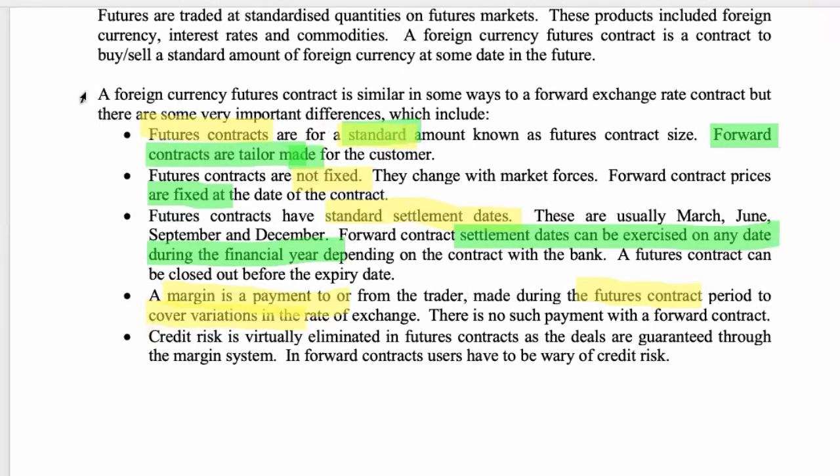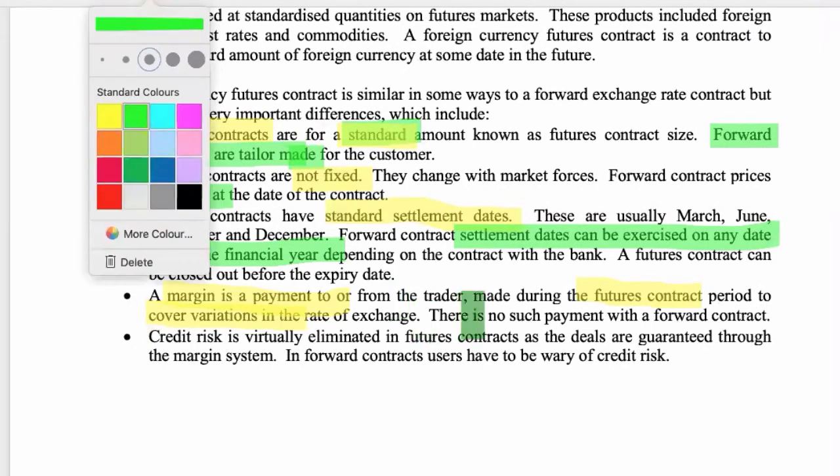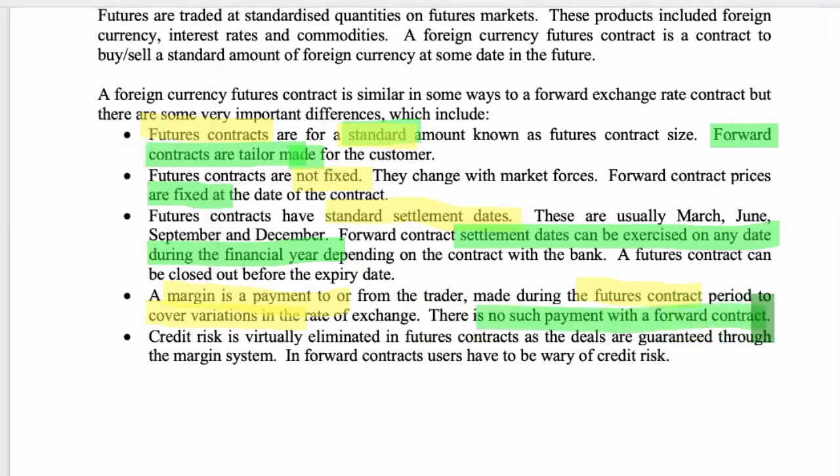And sticking with the margin, the variation margin for the forward contract, there's no such payment with a forward contract. Okay. Now the thing is with a forward contract, it all depends on how risky things are at the moment. The seller or whoever's brokering the deal with the forward, or if it's the seller of the commodity, they might actually require a down payment just in case you default. So the margins there are really to protect from or minimize any default issues.